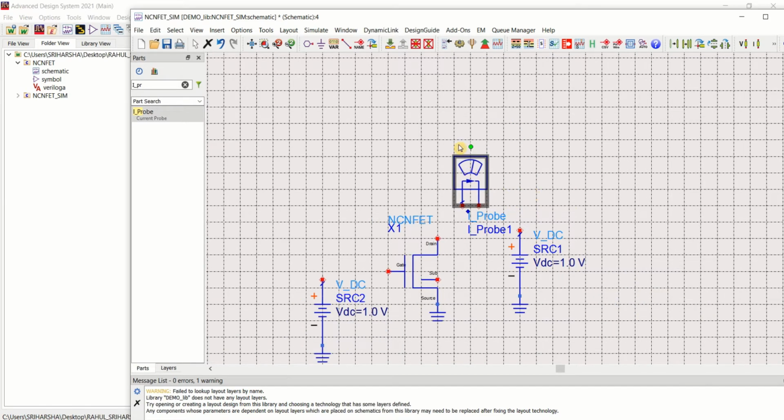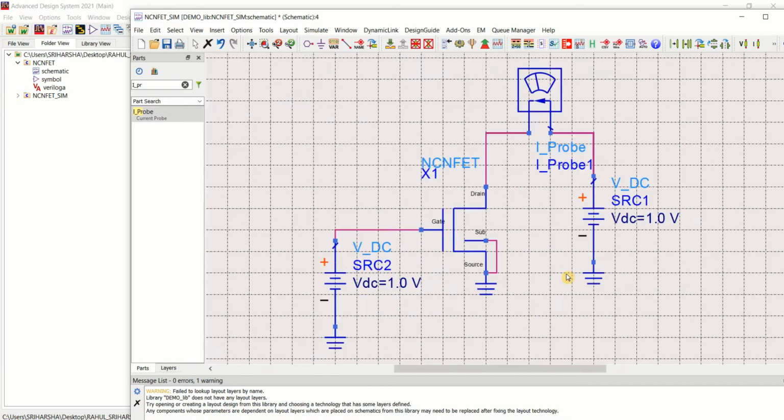So just use mirroring: select this component, click here, mirror about y-axis. Just make the connection, use the insert wire. Connect this bulk with this source and this one input.